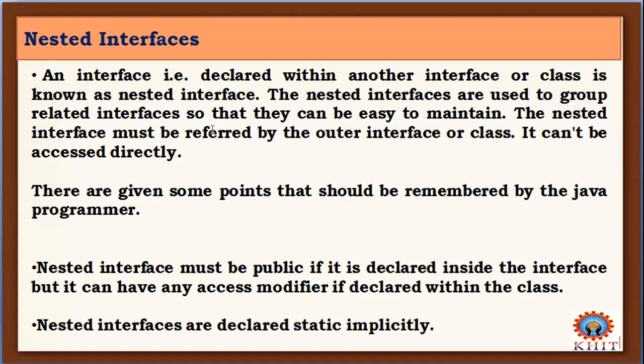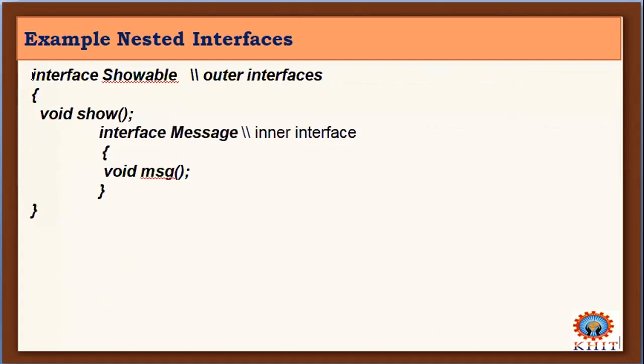Like with the help of an object, we access the methods of a class. How can we access the methods of a class? By using an object of the class, and we write a dot symbol. Object dot method name. That is how we use it, right? So similarly here also, outer interface name dot inner interface name. That is how we can access the interfaces, outer interface and inner interface. We'll go with an example.